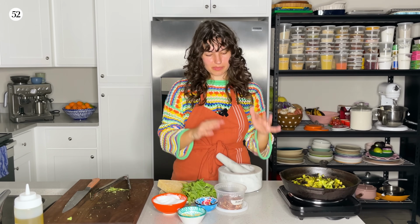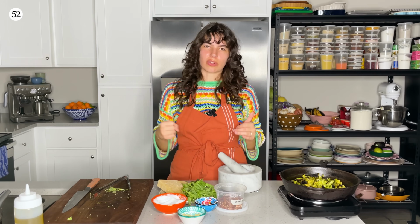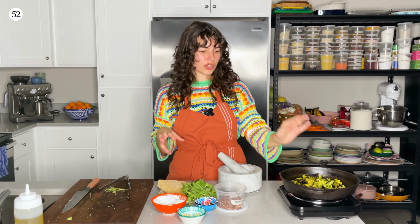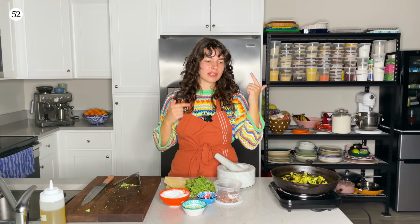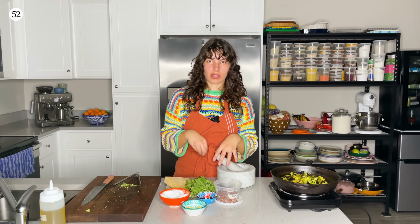All there's left to do is pick some sort of blender, masher, processor to blend everything together. My favorite tool to use is a mortar and pestle. The reason this is my go-to for pesto, it's because I can control the texture. I like a rough texture when it comes to pesto, especially having the charred broccoli in there. So I like to control that. Like, I can mash this up as much as I want and as much as I don't want. But if you want to use a blender or food processor, that totally works. Just keep this in mind. Like, you want to control the texture of the broccoli, so don't start by adding the broccoli first in the